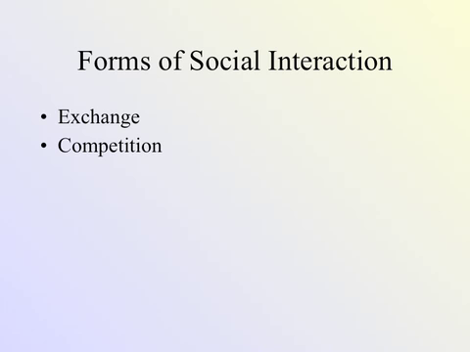Okay. A competition is going to be when groups or individuals oppose each other to reach a goal that only one of the groups can achieve. But the key here in competition is that rules are agreed to in advance and those govern the interaction. Okay, so think of any formal competition, like between rival basketball teams. The rules have been established ahead of time and only one team can win. But that's still a form of social interaction.